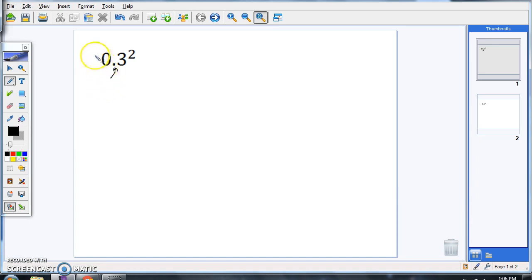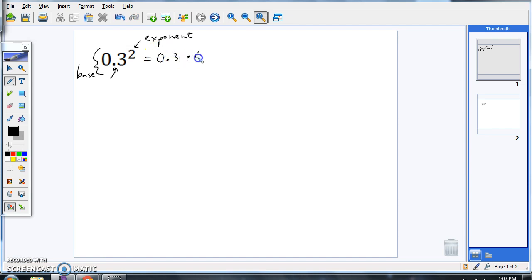Anyway, this whole thing down here is known as the base. And this thing is the exponent, right? You know this from before. The only difference between exponents with decimal bases and exponents with other bases is that there are decimal points. So 0.3 to the second power is still